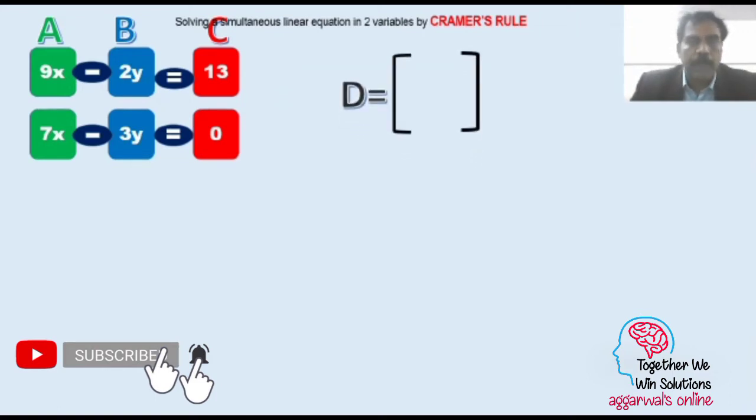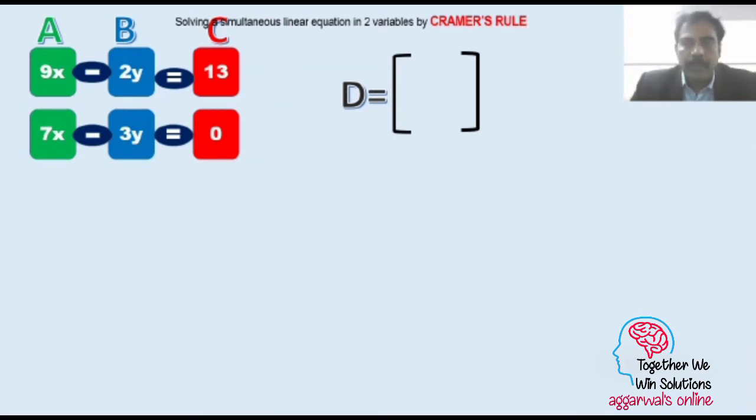So here, to find the determinant, we have to write the given values of the coefficients of x, y or the constant terms in a rectangular pattern. While writing these numbers, we have to find the product of the primary diagonal and the product of the secondary diagonal, and then subtract the product of the secondary diagonal from the product of the primary diagonal to find the value of the determinant.